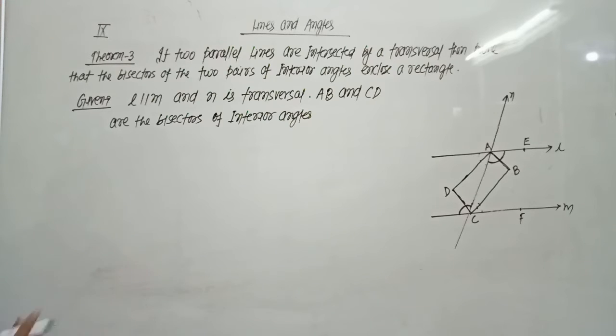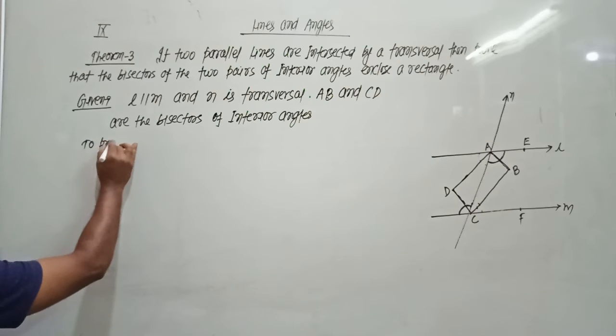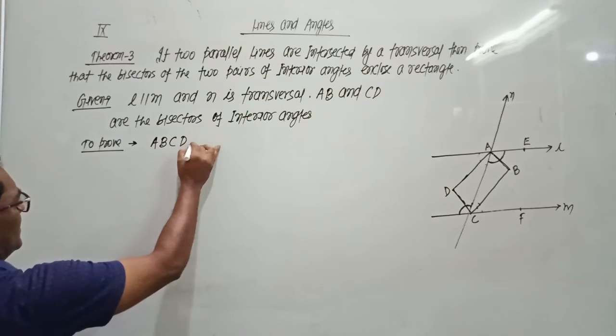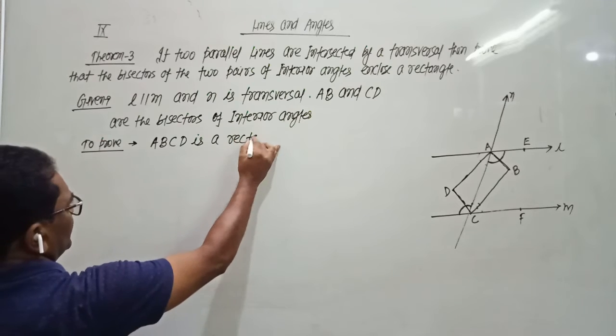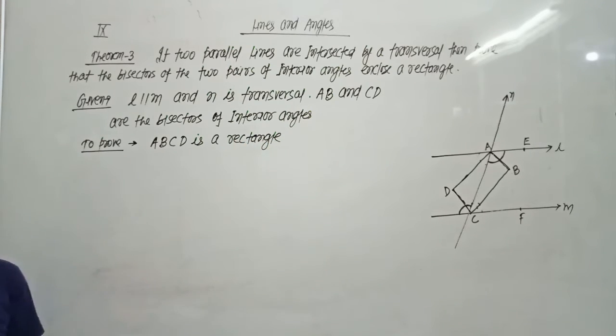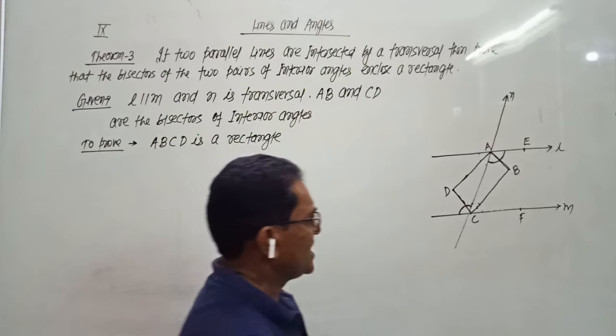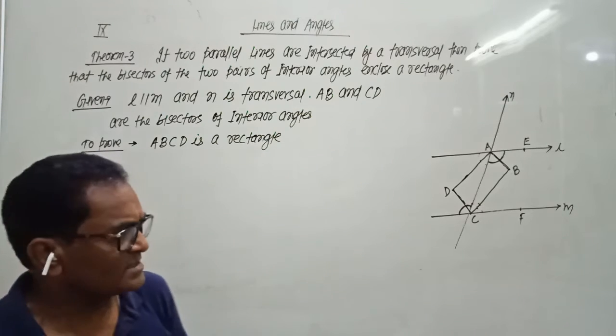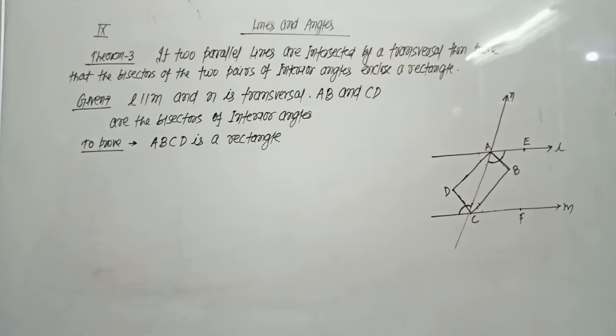Then to prove: ABCD is a rectangle. Now we know that the sum of the angles on the same side of the transversal is 180 degrees. So we can write that angle EAC